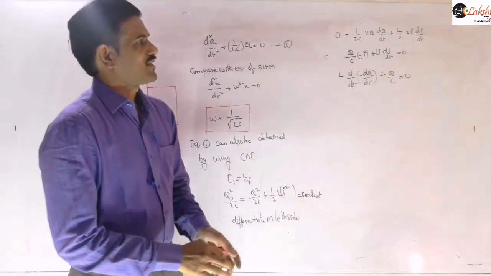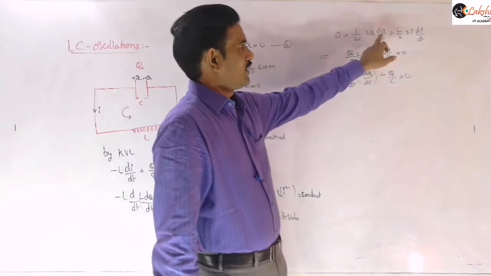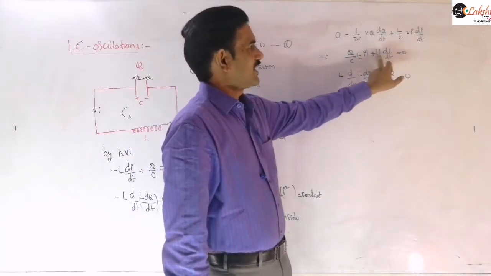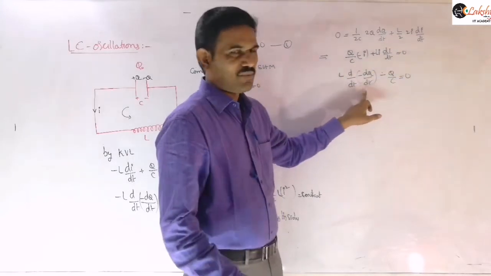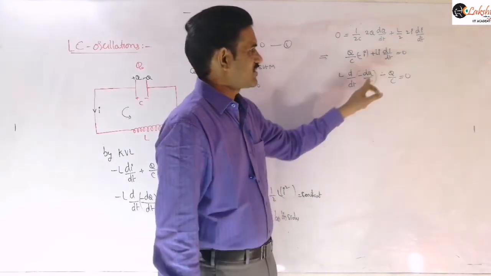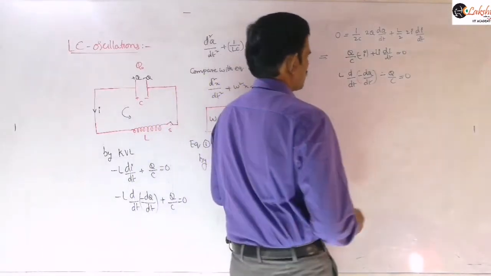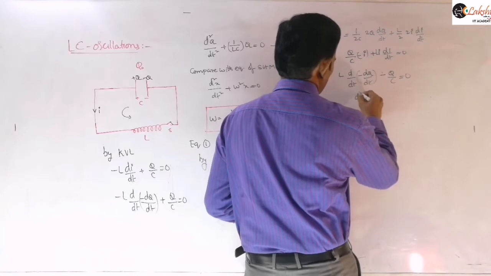I am taking this dq by dt as minus i, and then L into di by dt. Now that i means again minus dq by dt, so I am writing it first here. Then the minus sign will be cancelled on both sides, and so again you will get this equation as